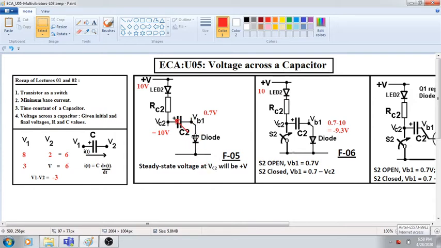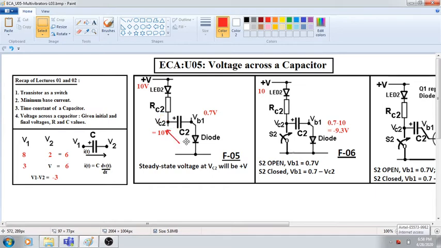So this capacitor will charge. We have seen R and C, remember only these two. Ignore the drops across the diodes. So only R and C are there connected to V. What will be the voltage across the capacitor? The voltage across the capacitor has to reach 10 volts after some time.